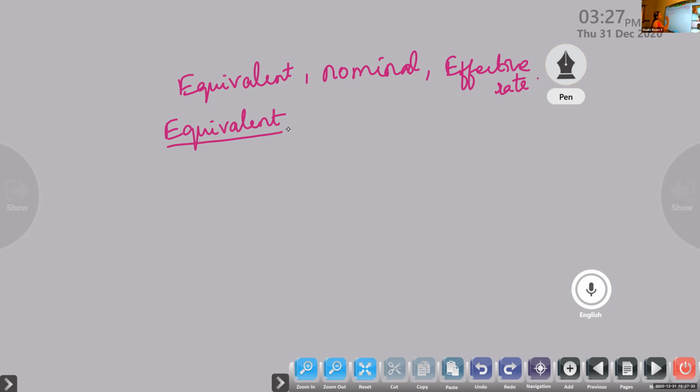So, now listen children, what is meant by equivalent rate? You can write afterwards, first listen to it. You should understand it. Suppose two rates of interest are there with different conversion period. Suppose I am giving 3% interest for 5 years or 4% interest for 3 years. Sometimes the interest will be same. Periods are different, rate of interest is different, but the interest is same. Is it clear?